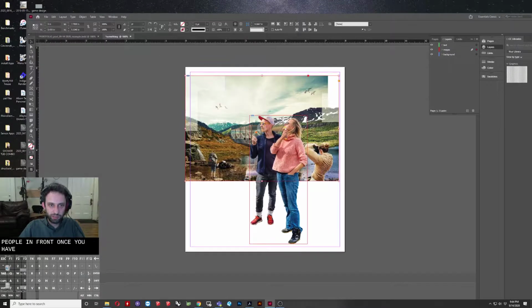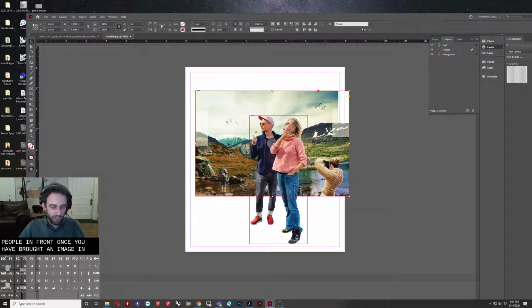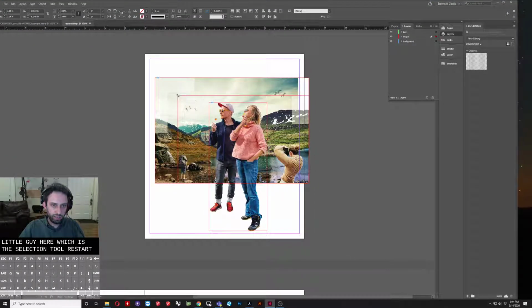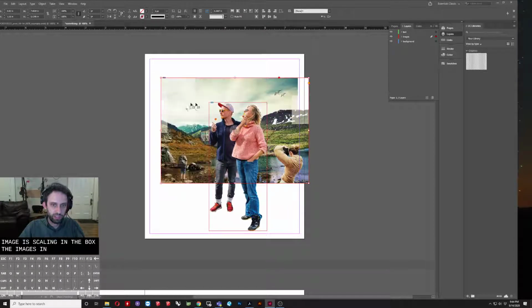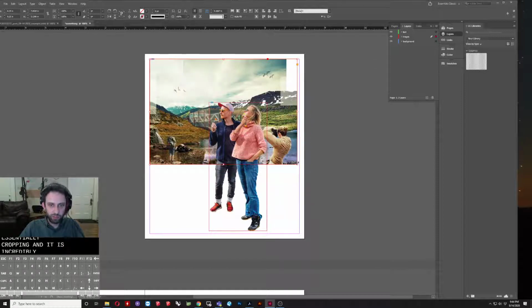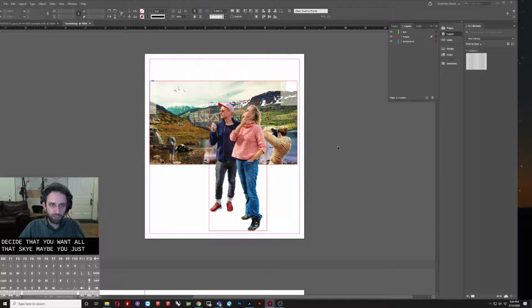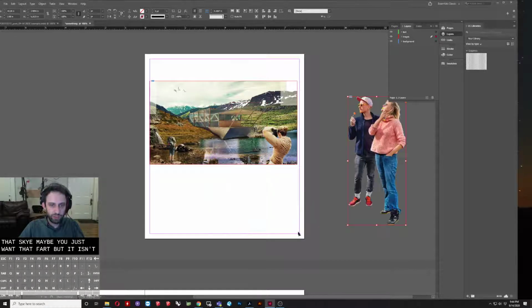Once you have brought an image in, the default tool, this little guy here, which is the selection tool, if you start dragging the box, you'll find that it's actually not scaling the image, it's scaling the box the image is in. This is essentially cropping. And it is incredibly useful because sometimes you may decide that you don't want all that sky, maybe you just want that part. But it isn't useful if you need to make the image larger to fit to your border that you have there. That's where